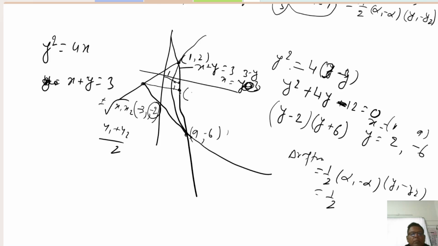Y is equal to minus 2, then x is equal to 3 minus y, so x is equal to 5. So here the coordinate will come 5, minus 2. So alpha 1 minus alpha is 5 minus of minus 3, that is 8, and y1 minus y2 is 2 minus of minus 6, that is 8. So half into 8 into 8,